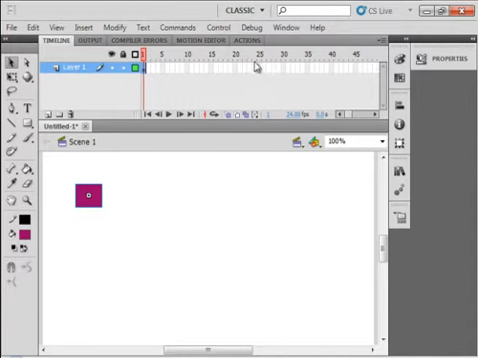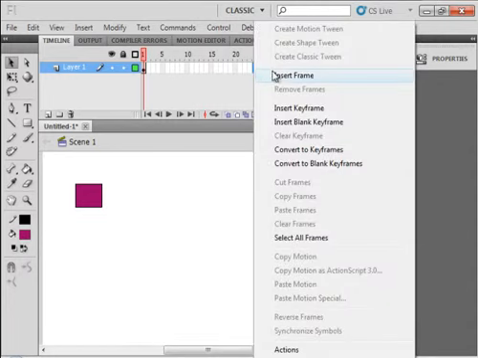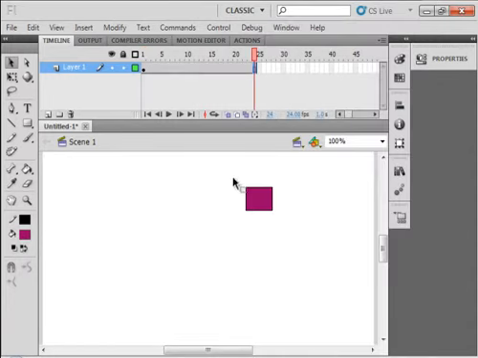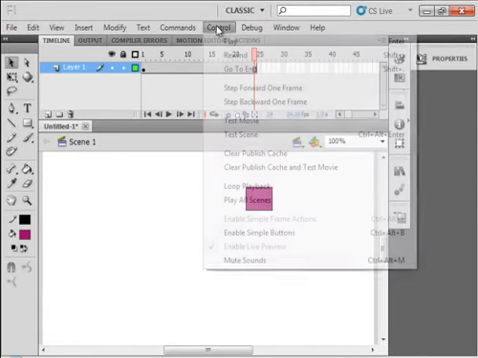So I have to go up to frame 24 here and insert frames, and now I can see that I didn't need to insert a keyframe here. I just inserted a frame because I'm not making any changes. Now when I test it,